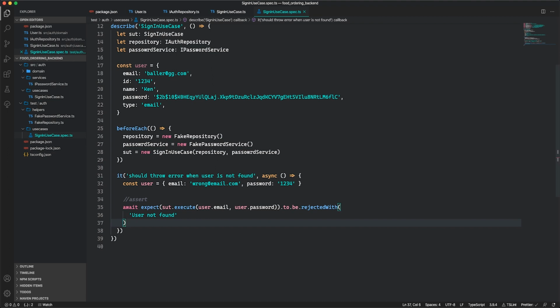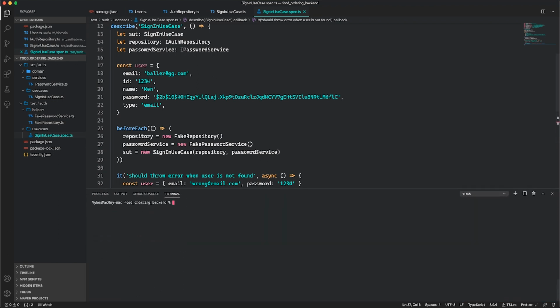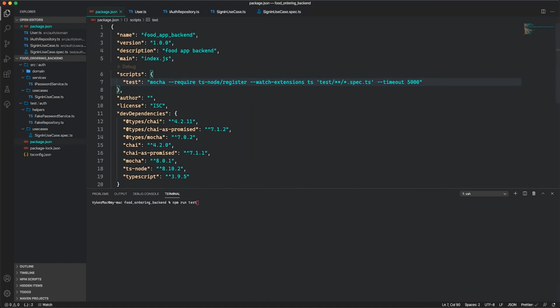So to run this, I'll go to the terminal and I'll say npm run test. And if you remember our package.json file, this test script is what will be run. So from the terminal, say npm run test, it will run this script, and this script will look through the test folder for all those spec files and execute the tests. So if I run that,